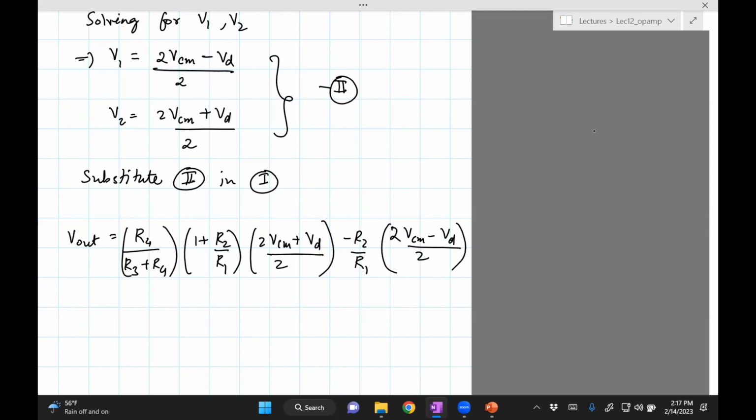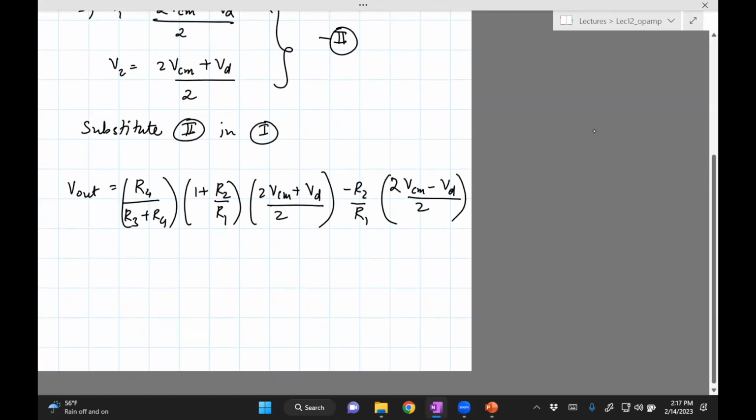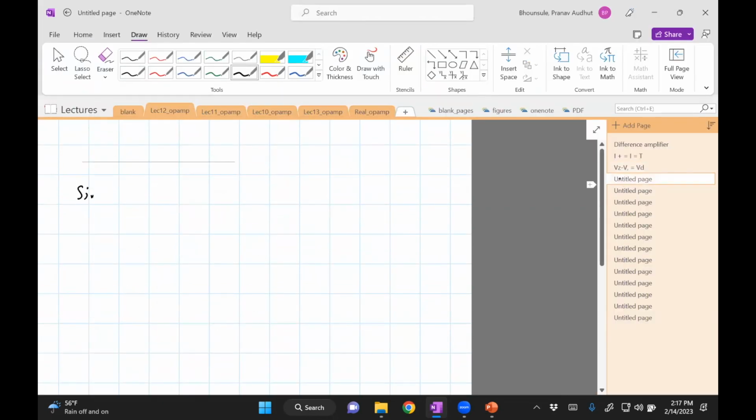Okay, now there is an exercise which I will again skip, which is that I'm going to collect all terms in VCM together and all terms in VD together. Again, you can see that's fairly easy to do because you have that sum. You can just plug in, figure out the coefficient of VCM in the two expressions, put it together, and same for VD. So simplifying,